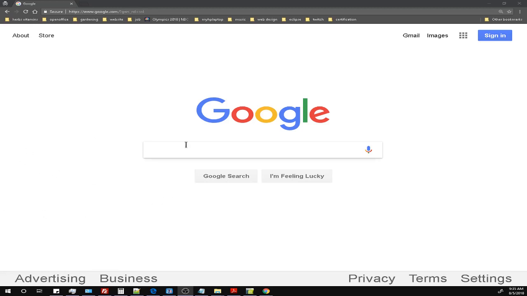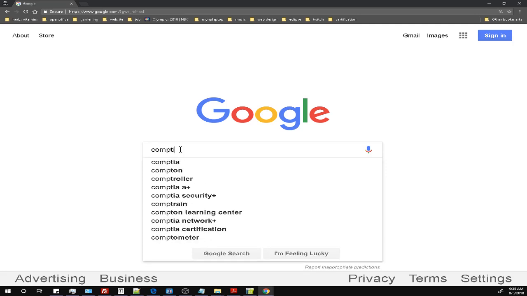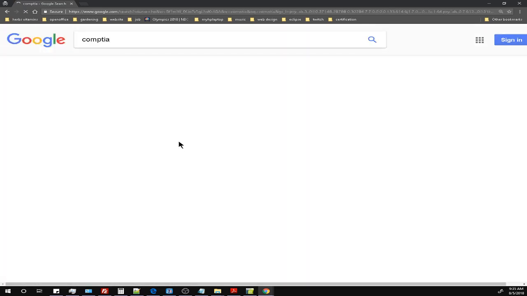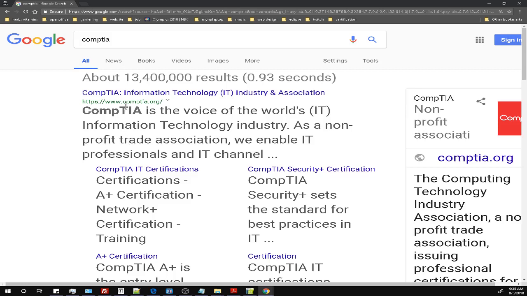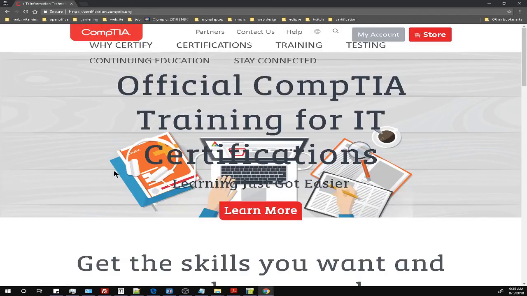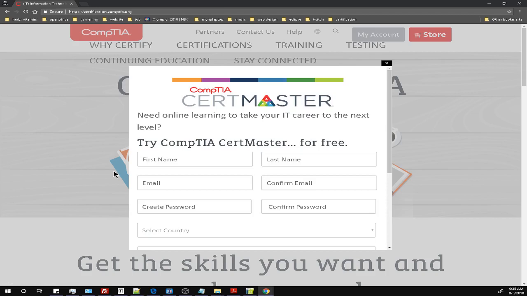Okay, I'm going to take you to CompTIA and show you how to get the certification objectives. Right? So here you go to CompTIA.org, and I'm going to go right down here and click on this one. Okay, now see, it might come up just like this and show you this information right here